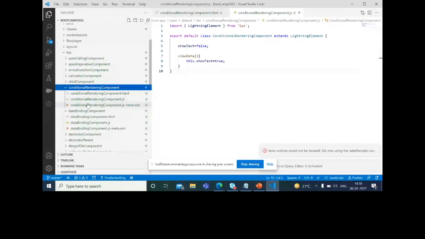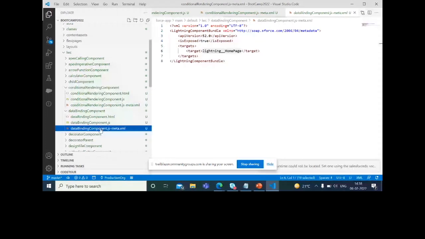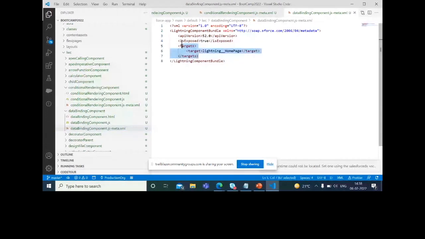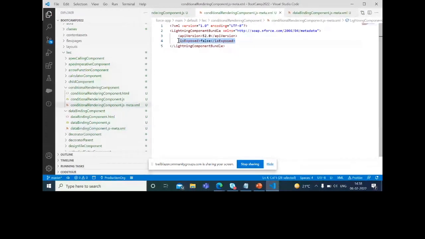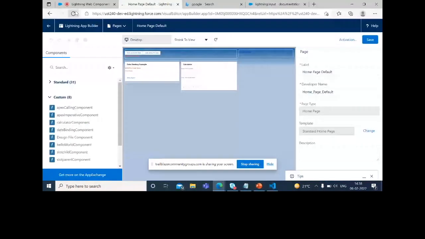Before pushing the component, first check the configuration file of that component. If that component is not exposed, it will not be visible in your org. So you have to set isExposed true, and I'm setting the target again to home page. So deploy. And let me refresh the home page.